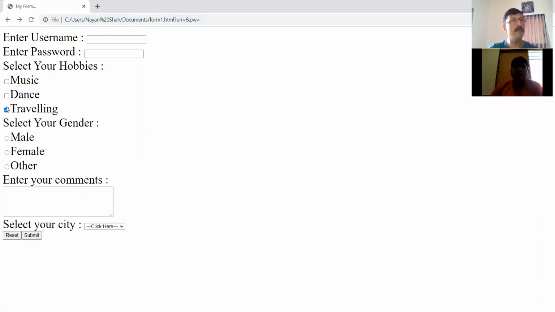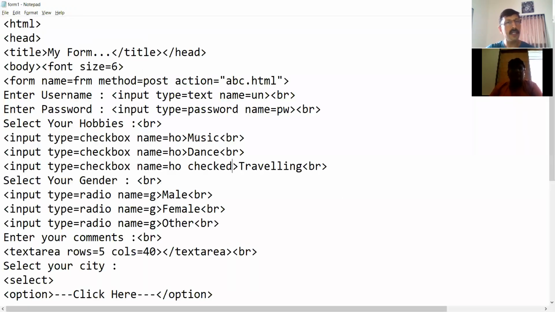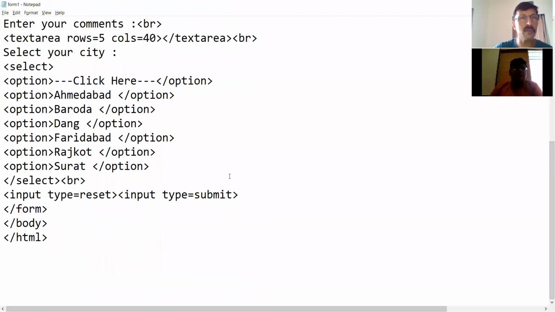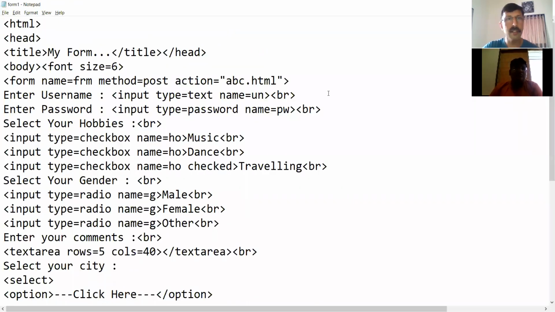As you can see now, by default, traveling comes as selected. And because I removed that value equal to Nayan, now there is no Nayan written in the username. I hope this is clear. Same you can do with radio button also. So these are some of the attributes which we are using with the form tag.